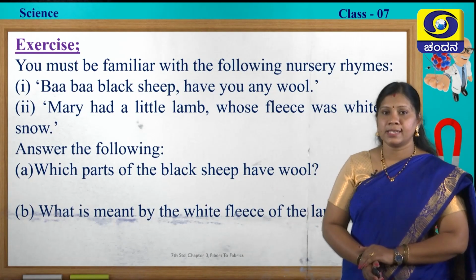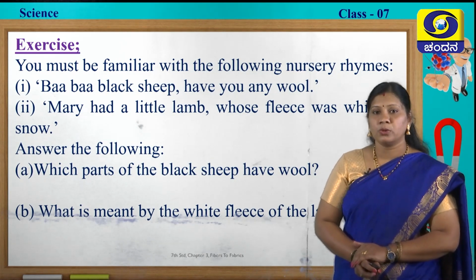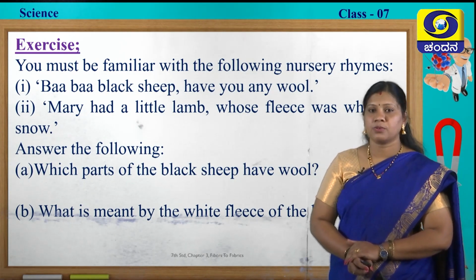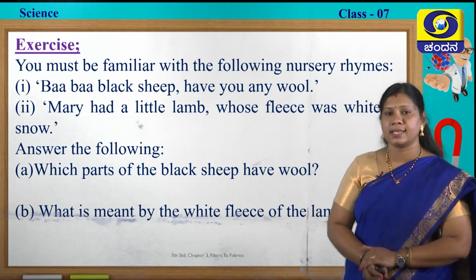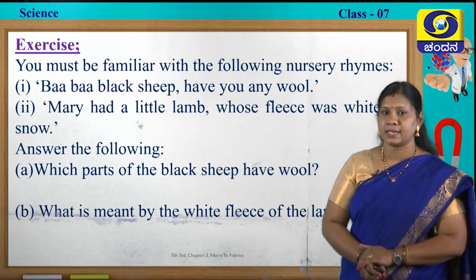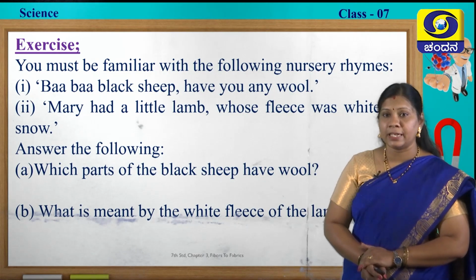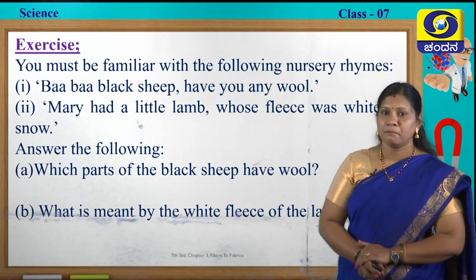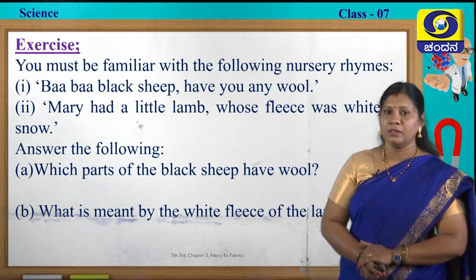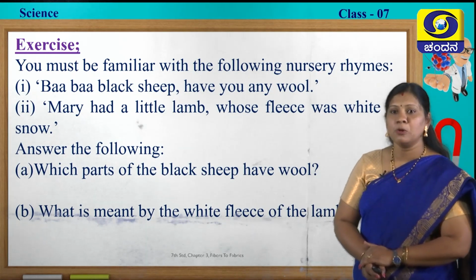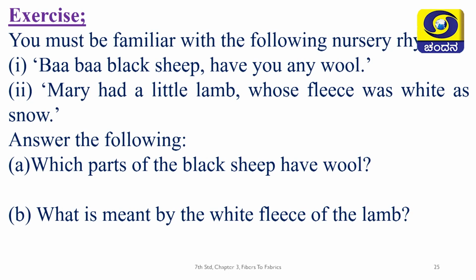Now, we will concentrate on the exercise which you have noticed in your textbook. Please students, take out your textbooks and see exactly what content is present in the exercise. From your childhood you are familiar with the rhymes, that is, Baa Baa Black Sheep, have you any wool? Yes. Mary had a little lamb whose fleece was white as snow. These rhymes have a beautiful meaning behind them. To know more about this, answer these questions, students.